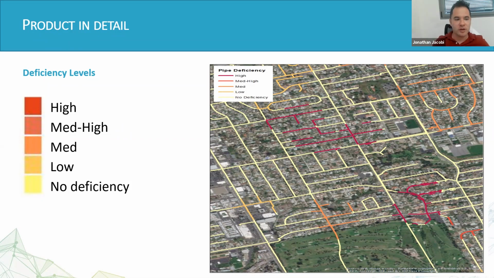But here we're talking about ranking of deficiency of pipe segments. So from 3,500 square kilometers or 5,000 square kilometers, zooming into 10, 15 meters of pipe that from our perspective should be considered medium high, and using that also with the information that you have to come to a better decision.